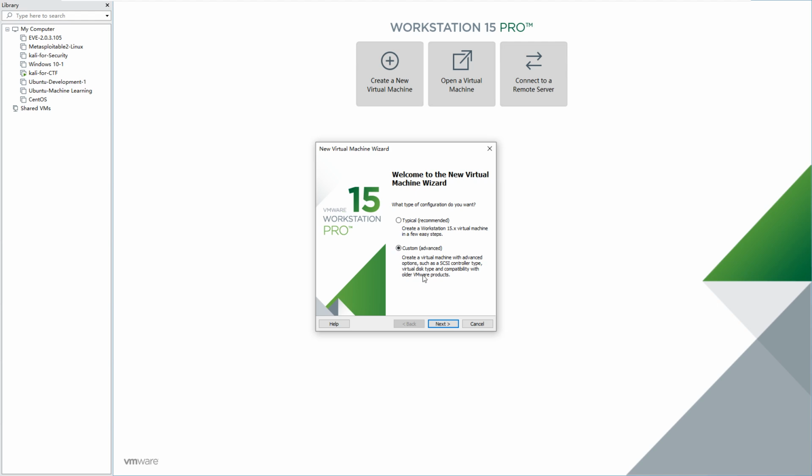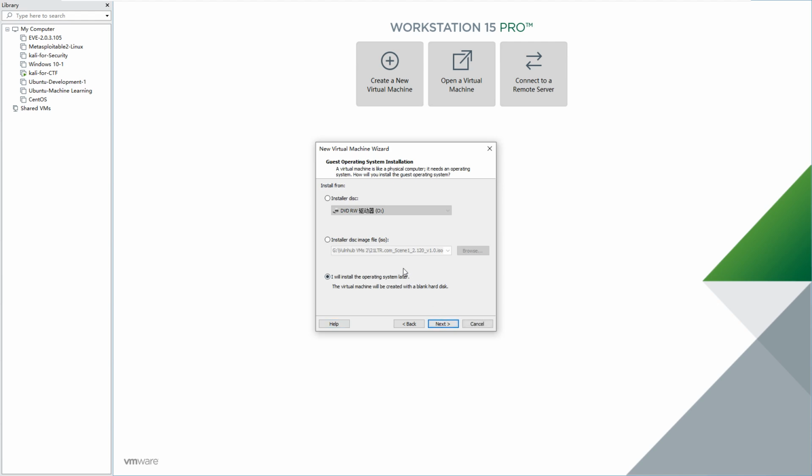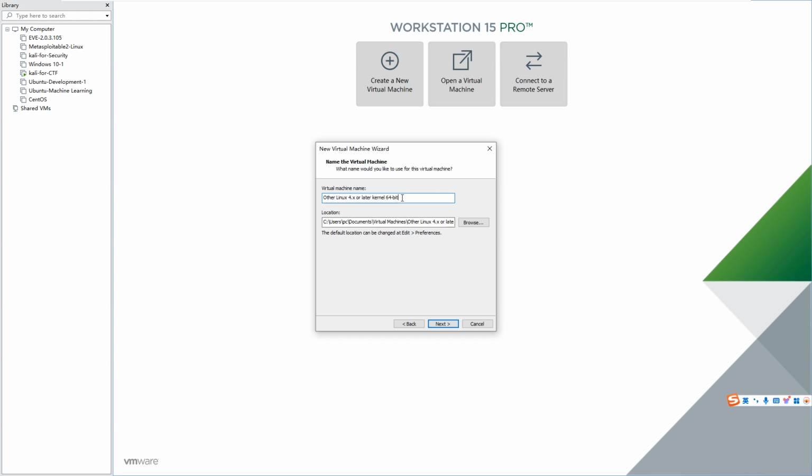And we can select custom, next, and we can give one more click, next, and then we can select I will install the operating system later. We can click next again, and we can select other version of Linux, which doesn't matter, and then we can click next, and we can name this machine, for example, like